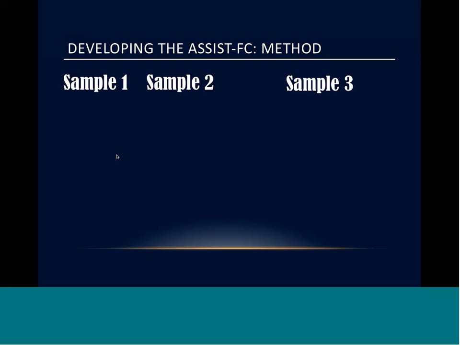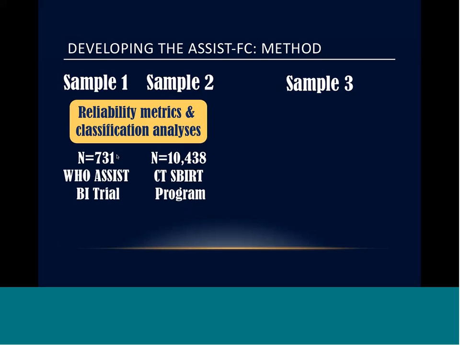So for our analyses in developing the new shortened ASSIST, we made use of medical patient data from 3 pre-existing data sets, all of which have utilized the ASSIST screening tool with patients. 2 of the data sets were used to examine reliability metrics and conduct classification analyses for the combinations of ASSIST items. Sample 1 was from phase 3 of the WHO ASSIST Brief Intervention Randomized Clinical Trial, which contains 731 medical patients. And then the second sample included